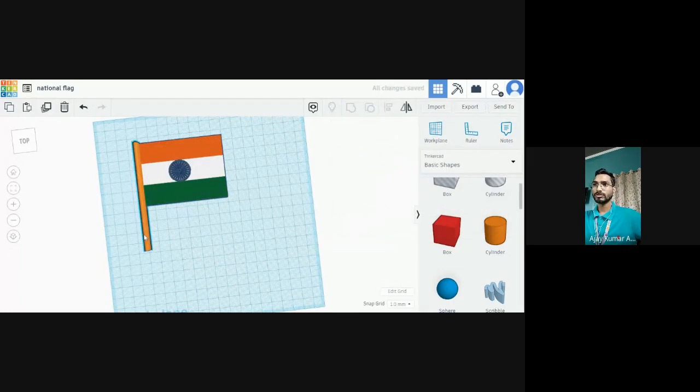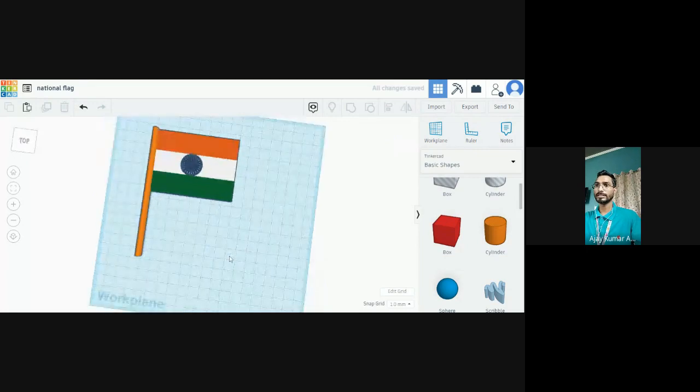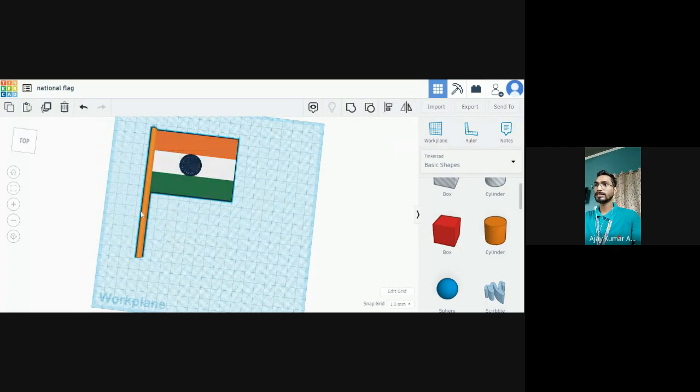Okay, so if you want to change its dimensions, you can just select it like 100 120. That will be 12 centimeter by the scale. Okay, so it will be like this national flag. Okay, just select it and just group that figure.